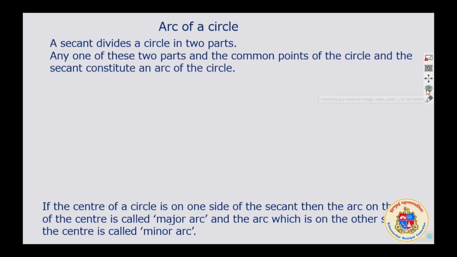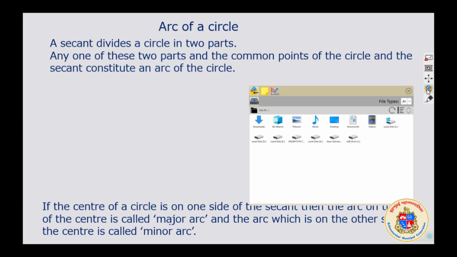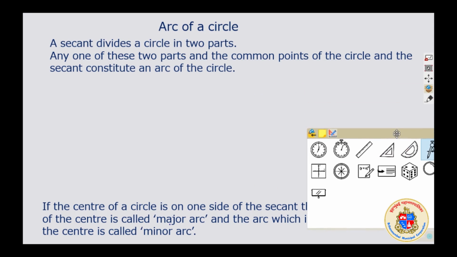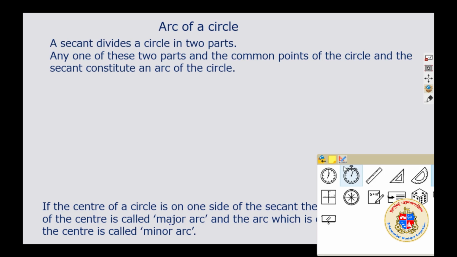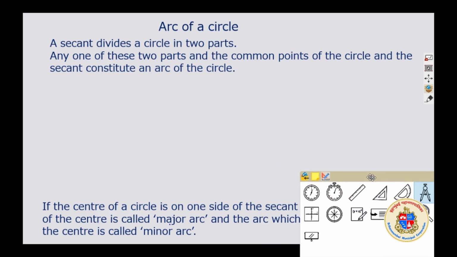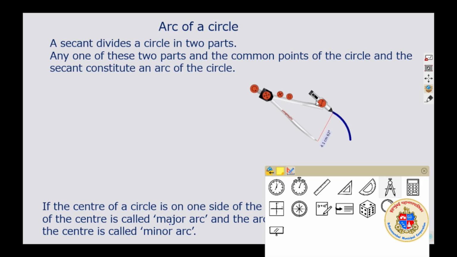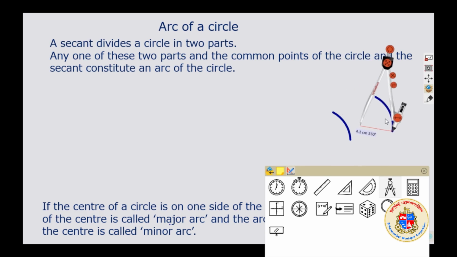What is an arc of a circle is, when we think things, it is very simple. I would say that arc of a circle can be drawn very easily. Whenever you hear the term arc of a circle, what should come in your mind is a broken piece of circle. Correct? If I ask to draw an arc of a circle, I will draw like this. This is an arc of a circle. This is also arc of a circle, quite big.